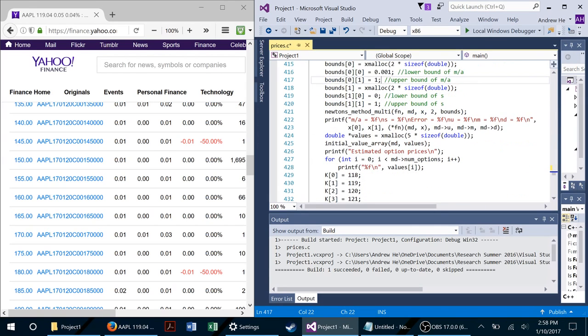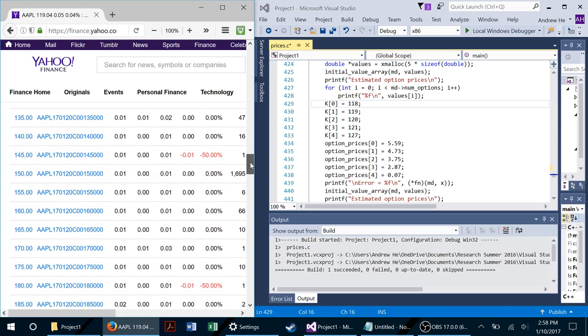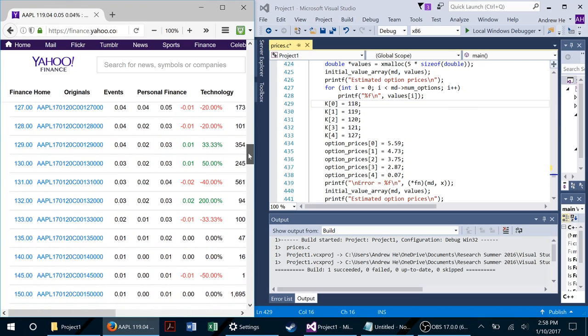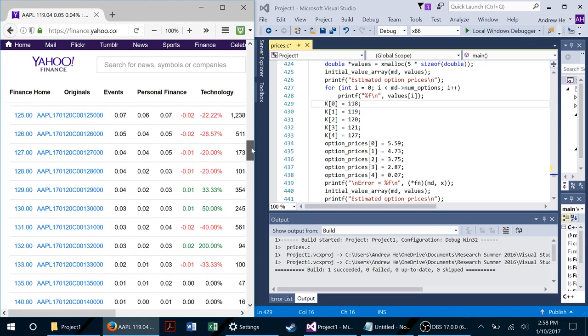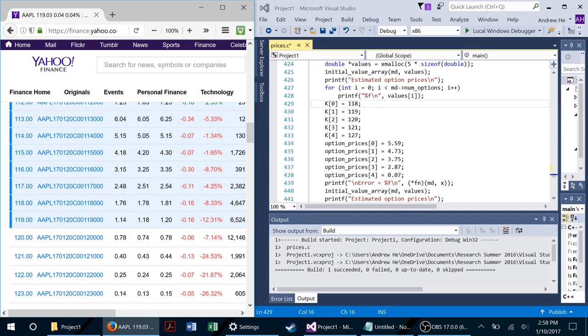So after those bounds are done, you're going to need to set the options that the model is going to be testing on. So we'll test some options that are above S0 and some that are below S0. So let's say we set these to be 114, 115, 116. And then for some above S0, we'll do 122, 123. So the last prices for these options are